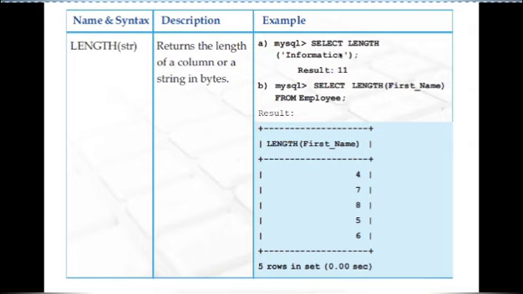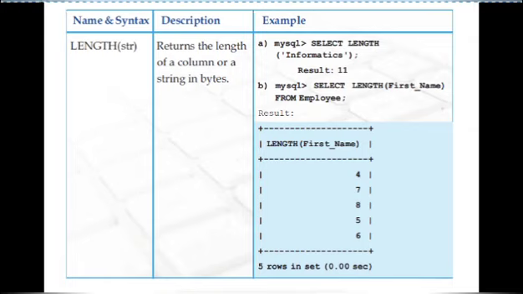When you are using the length function, you can use a constant value as parameter or the name of the column as parameter. For example, in the second query, we are referring to the employee table. In the employee table, I want to know the length of the first name of all the employees. Blake is there, John is there, Sudhanshu is there, Sushma is there. It will count the number of characters in the names of each employee and return that.